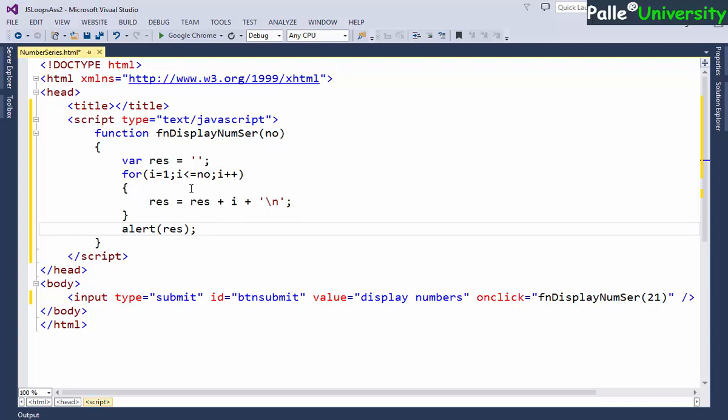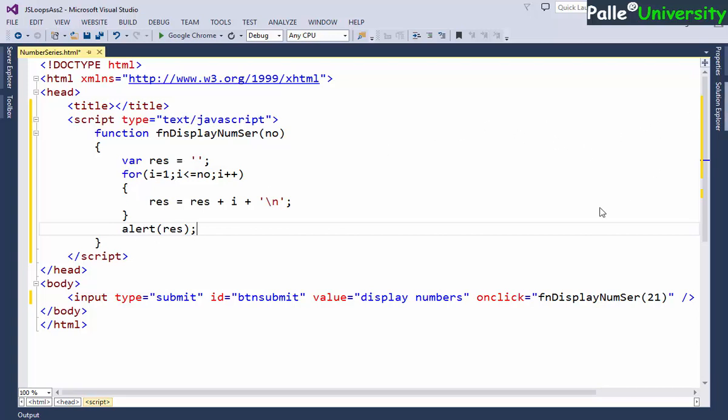Finally, when I display the output, we will get the complete output in the single alert box, because I am asking the JavaScript engine to display the complete res variable data only one time. In case I write the alert calling code inside the for loop, and the for loop is executed 20 times, 20 alert boxes will come. But my requirement is to display the output at a time, and hence I have written the alert box after the for loop.